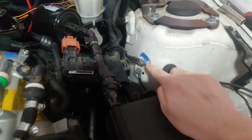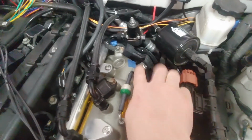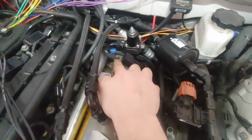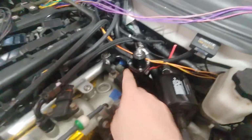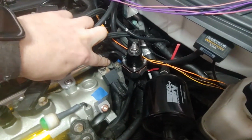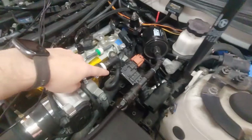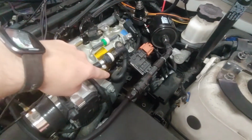So the first one is this stock ground point right here, and then another one is going to be to the intake manifold, and you could probably use this one or this spot. The third one is going to be kind of difficult to see down here, that goes to the top of that coolant pipe. And then the last one, which I will have to show you from underneath the car, is going to be to the starter bolt,